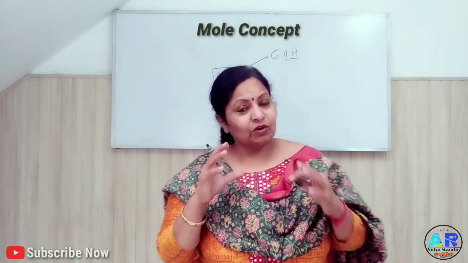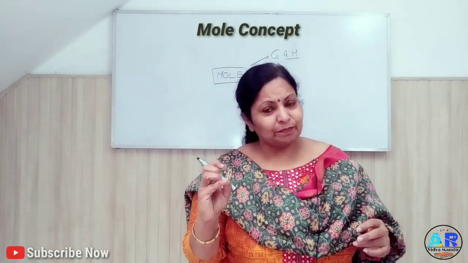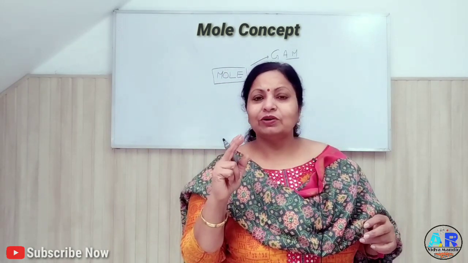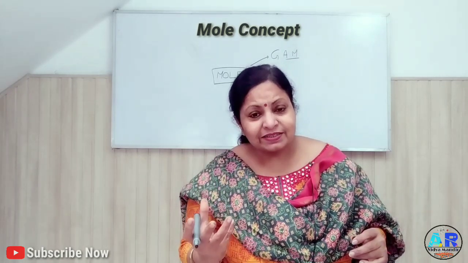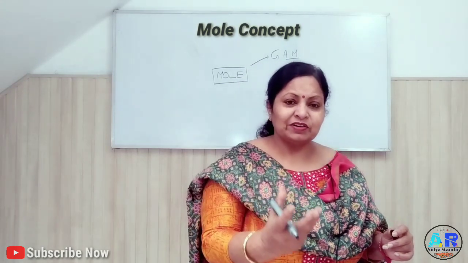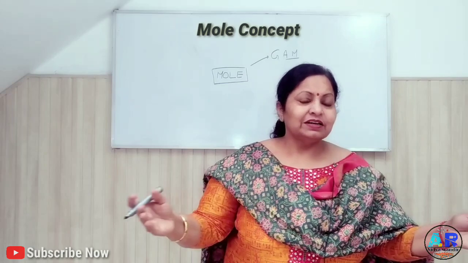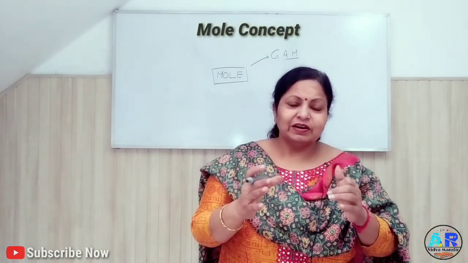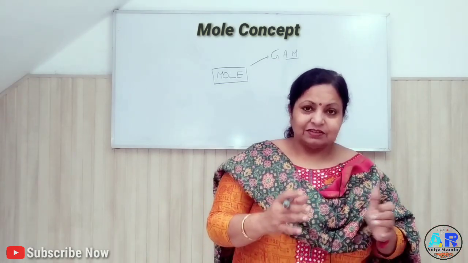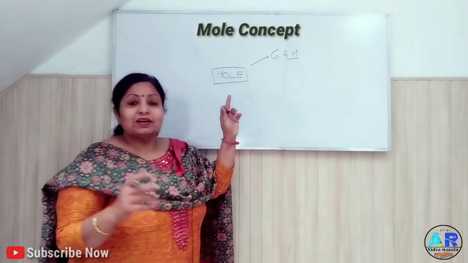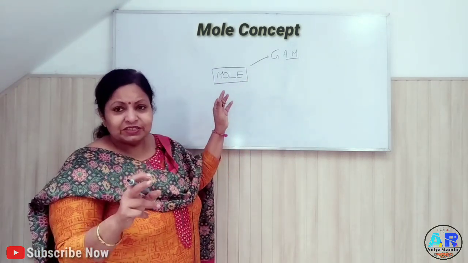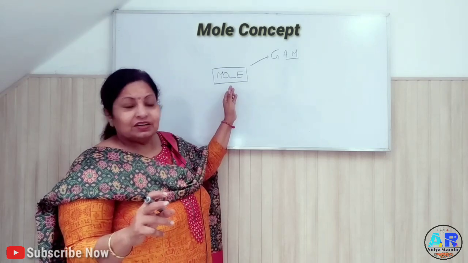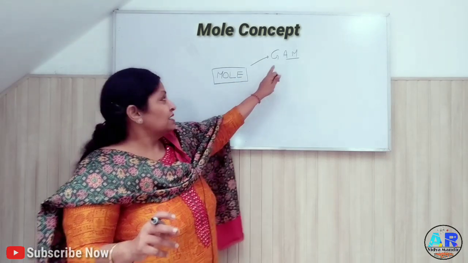For example, I want to buy oranges. I can buy in terms of number: I require 2 oranges. In terms of mass, I can buy 500 grams of oranges. And in terms of volume, 1 box of oranges. So similarly, in chemistry, in standard SI units, it is mole. In terms of mass, then it comes